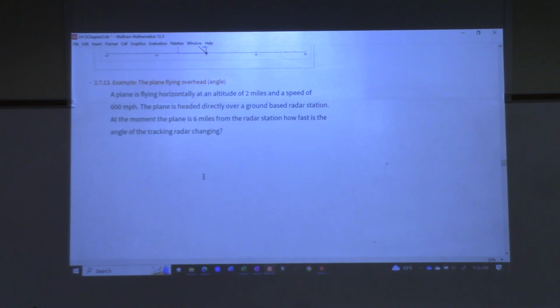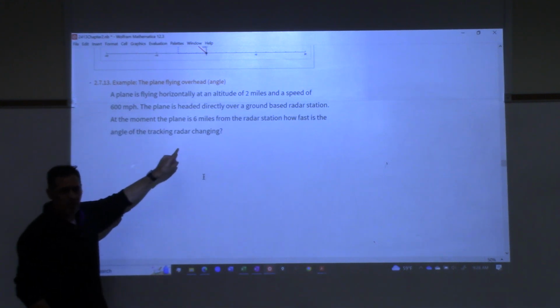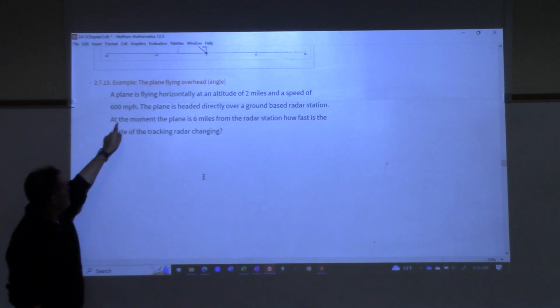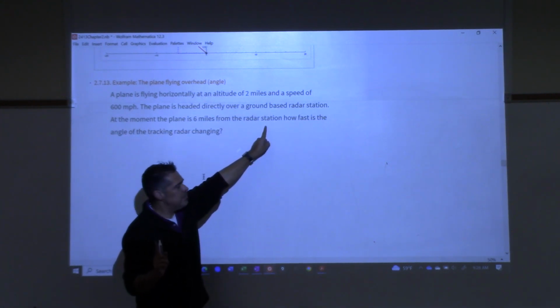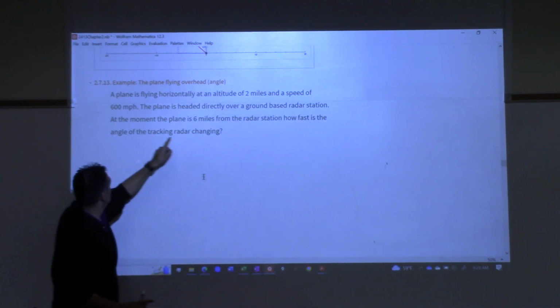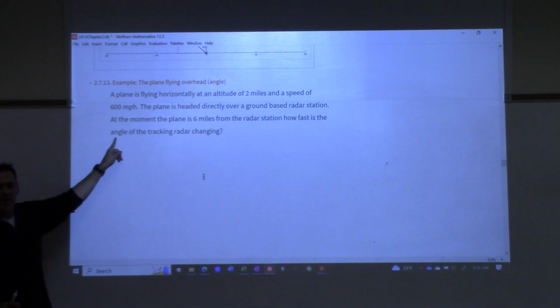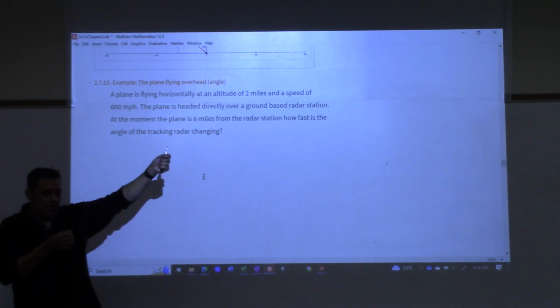A plane is flying horizontally 2 miles high, same plane, 600 miles per hour, same situation, radar station on the ground. At the moment the plane is 6 miles from the radar station, that's exactly the same question, right, so far. How fast is the angle of the tracking radar changing? So instead of trying to figure out how fast the distance between them is changing, we're looking at